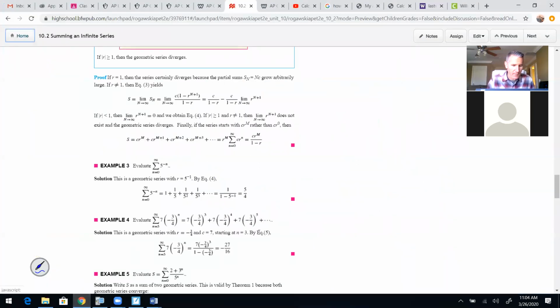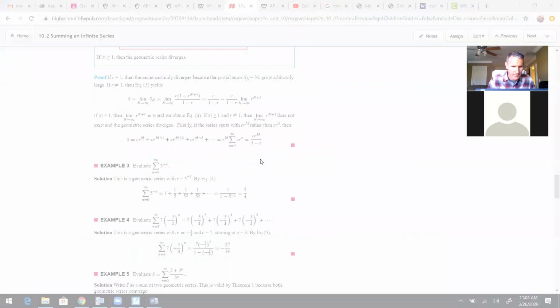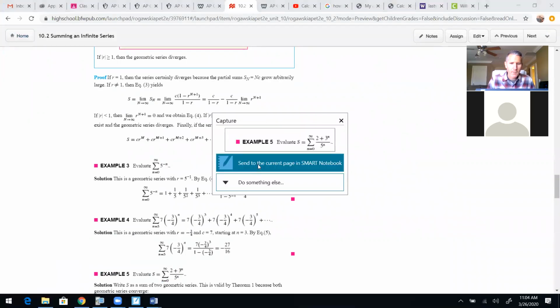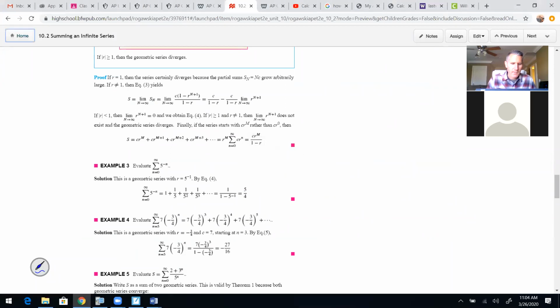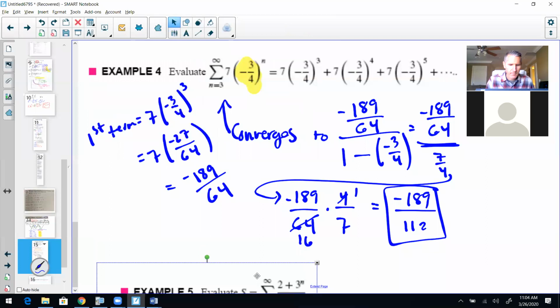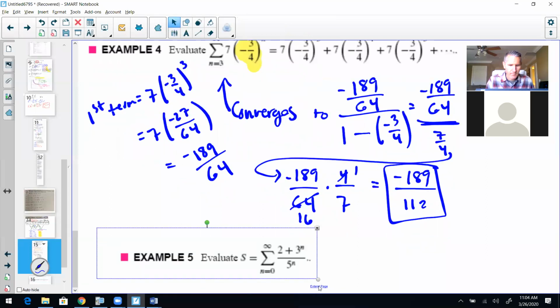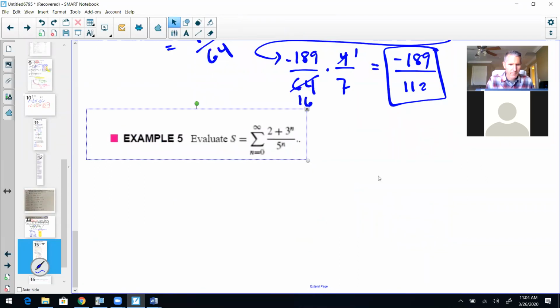This is another example of what you might see. So evaluate this. First of all, determine whether it converges or not, and then work it out. Okay, so